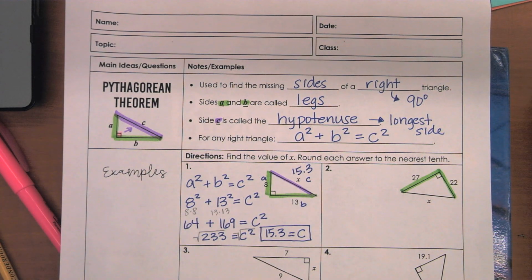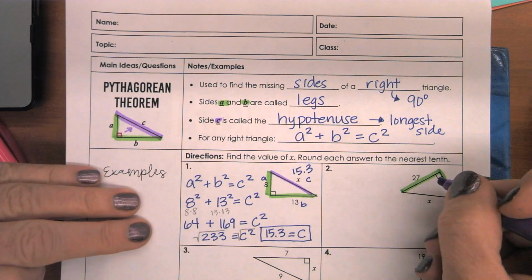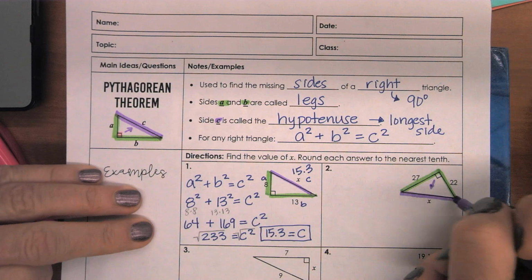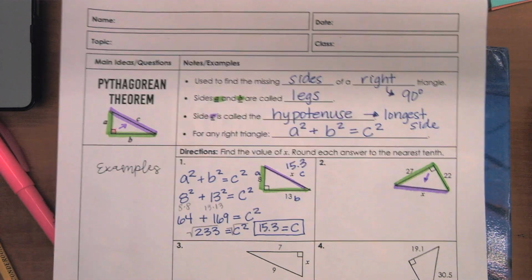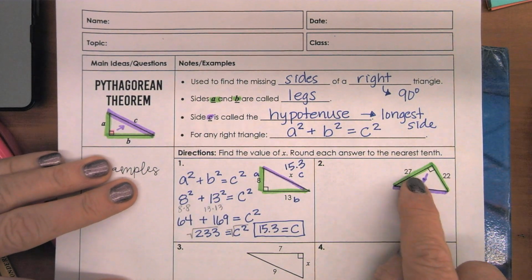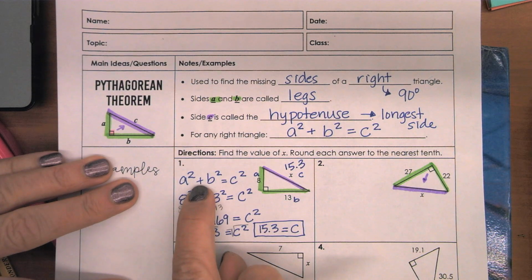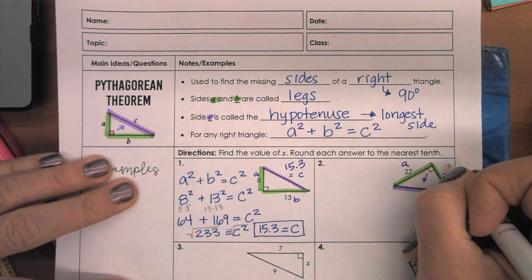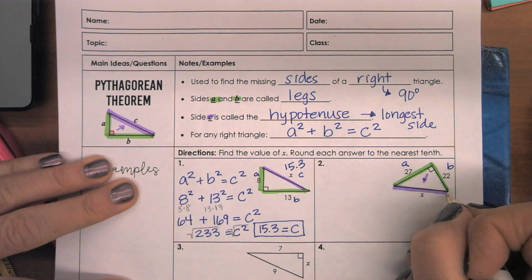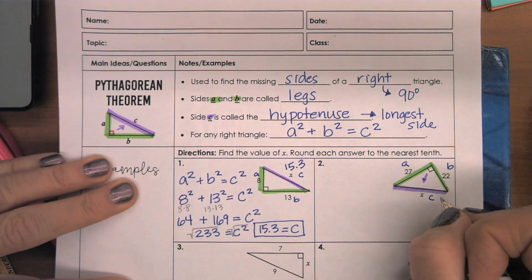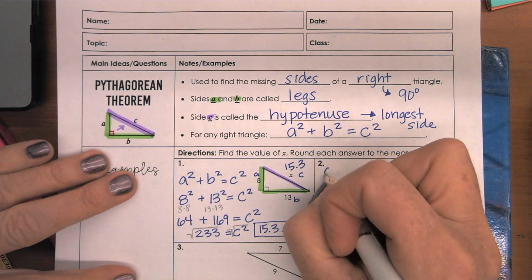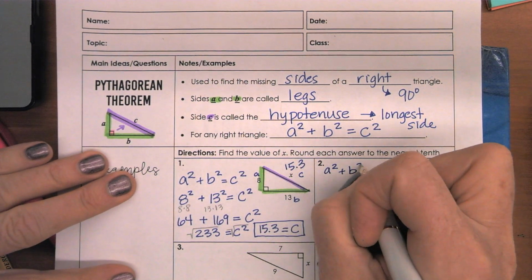And then I know that directly across from the right triangle is the hypotenuse. So I'm going to go ahead and label. Now remember, it doesn't matter which one's A, which one's B, because this is addition and I can mix them up. So I can go ahead and put A, B, but I have to have the hypotenuse as C. There is no way we can change that. So I'm going to go ahead and write up here A squared plus B squared equals